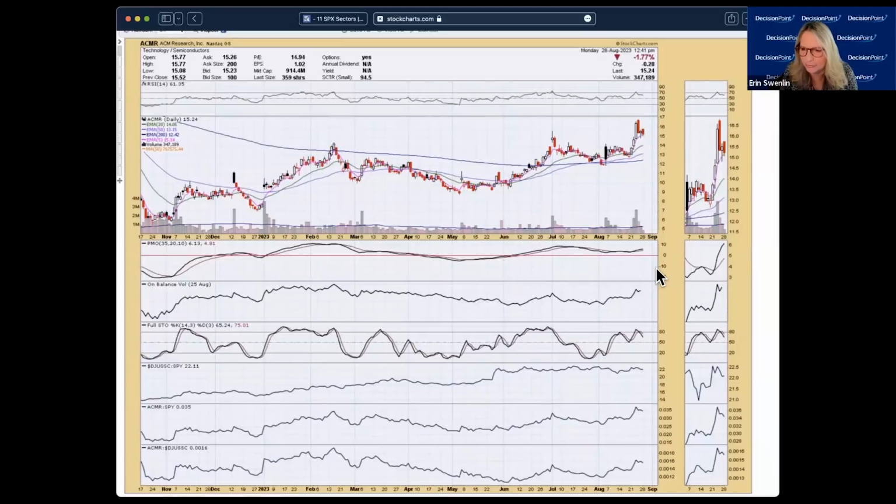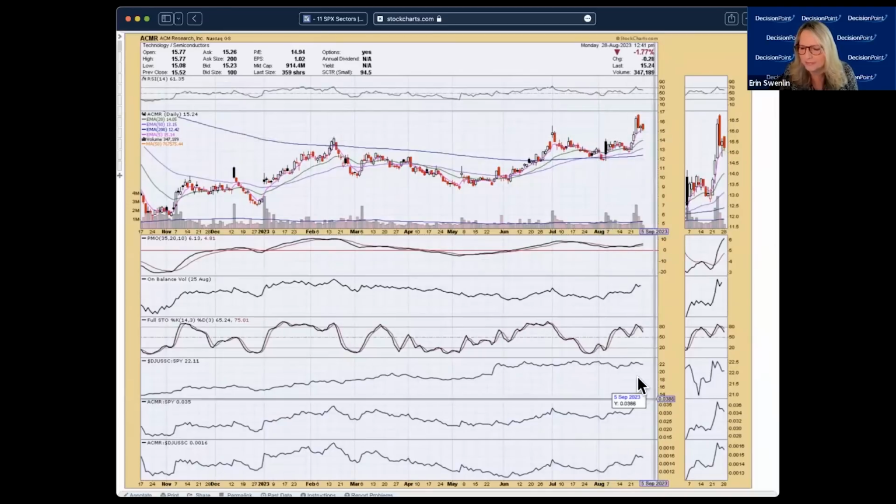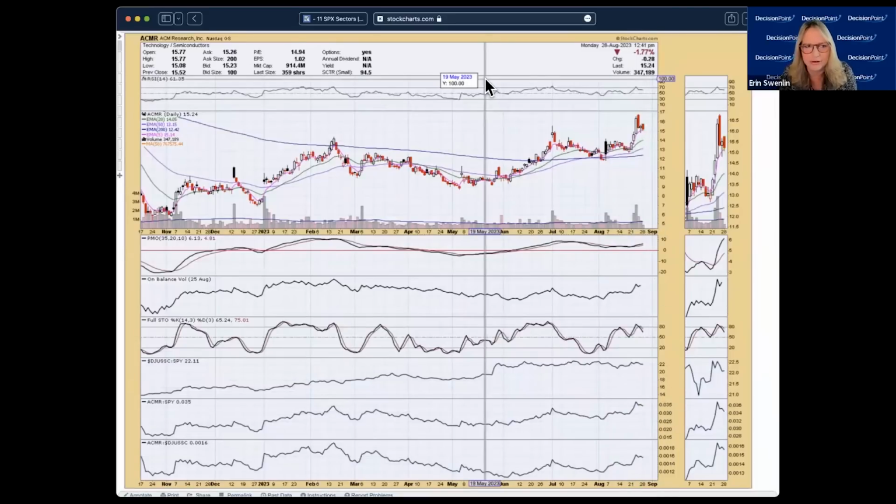I still see this one as a hold, but as a buy on this pullback, I suppose it could be interesting. But I know the group as a whole, semiconductors, are looking somewhat weak. So I don't know that I'd want to be buying into this on the pullback. Certainly you could, but looking at relative strength, it's starting to peel off a little bit here. Can't get overly excited on the buy side.